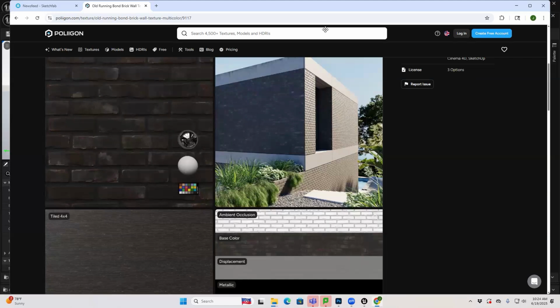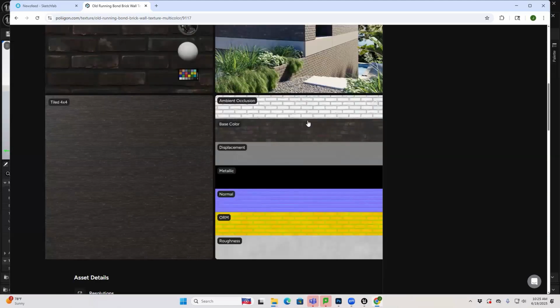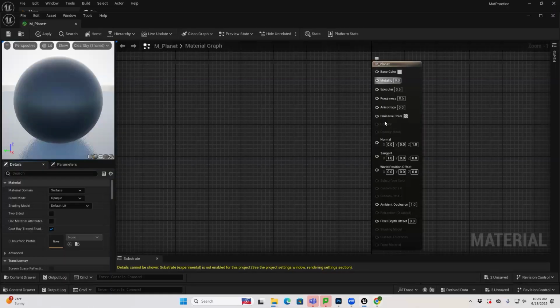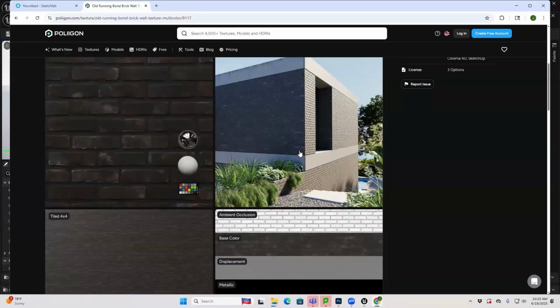Okay, but you'll see these all the time whenever you download textures. All right. So that's what these are. And maybe what we'll do for